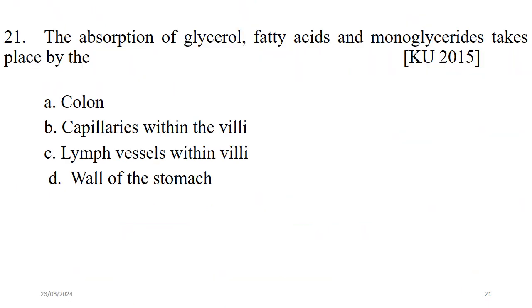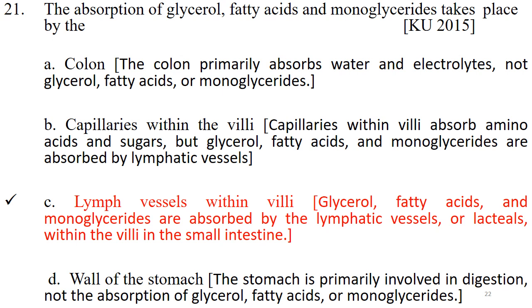Question number 21. The absorption of glycerol, fatty acids and monoglycerides takes place by. The options are A, colon, B, capillaries within the villi, C, lymph vessels within villi, D, wall of the stomach. The correct answer is option C, lymph vessels within villi. Glycerol, fatty acids and monoglycerides are absorbed by the lymphatic vessels or lacteals within the villi